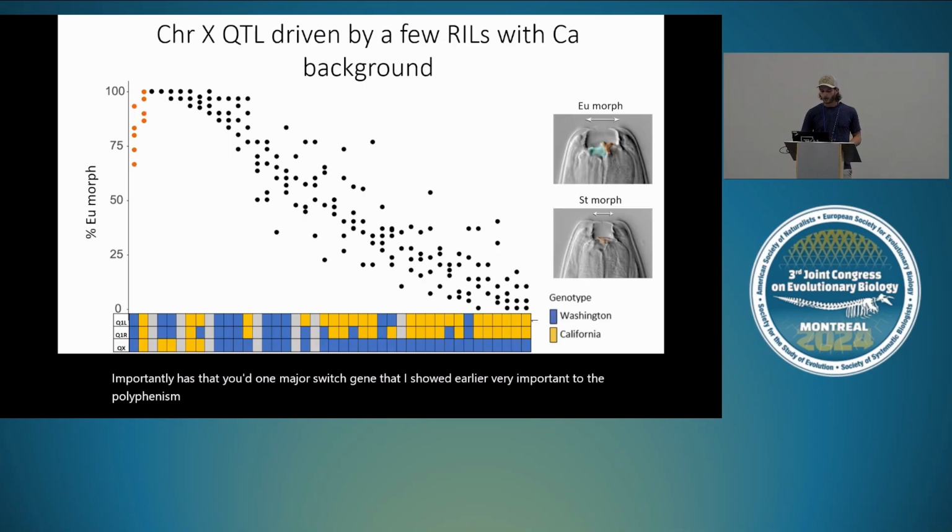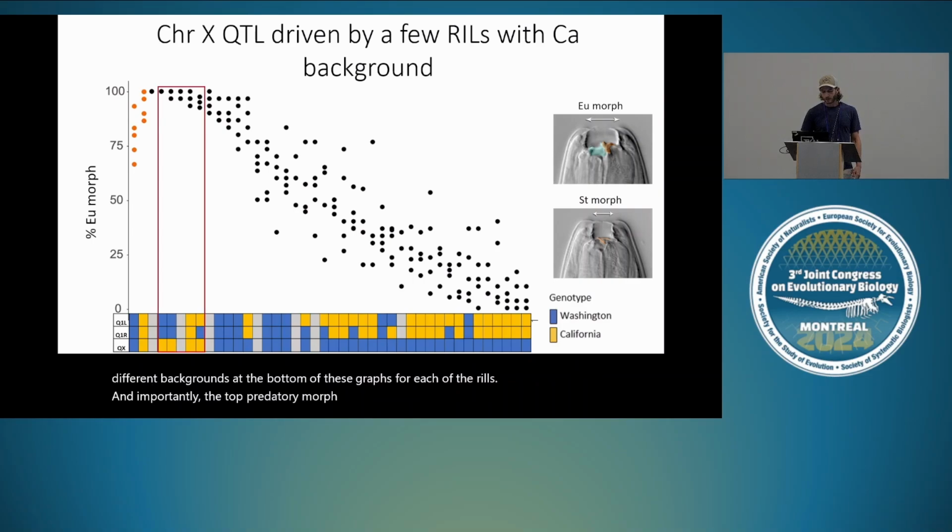So I wanted to take a look at the genetic backgrounds at these different loci. Washington is still designated in blue, California is in yellow, and I'm showing those different backgrounds at the bottom of these graphs for each of the RILs. And importantly, the top predatory morph bias ratios have this California background at the chromosome X QTL. And in the interest of time, I'm just going to stick to the chromosome X. But this was really cool to see, and it seems to be an epistatic interaction allowing the buildup of